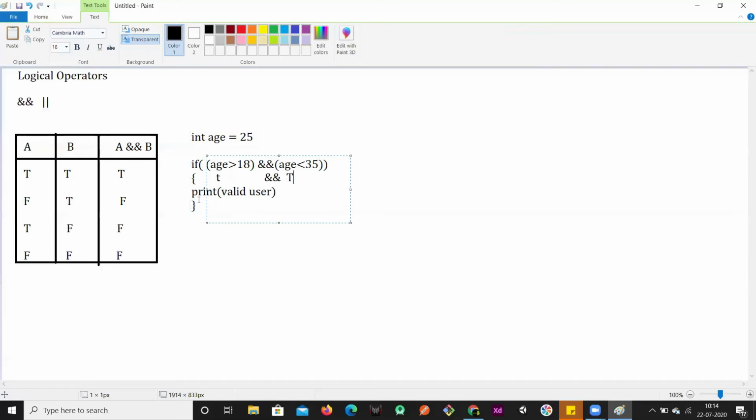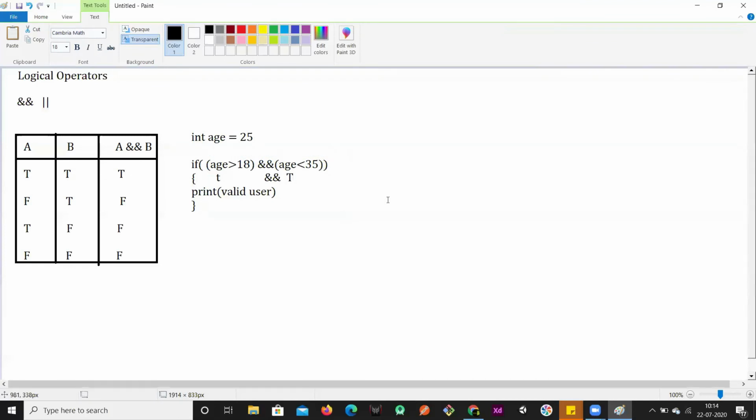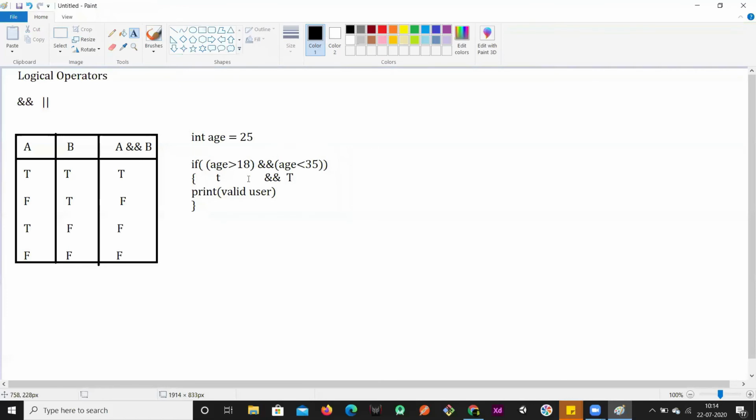If this is true, then we do this. If this is false, we will do something else. So we'll say not a valid user, or just print a message to the user saying that you are not a valid user. So we can handle that else part. In order to check these kinds of things, we'll use logical operators. If you want to logically relate multiple expressions and find the result, we'll evaluate something like this.